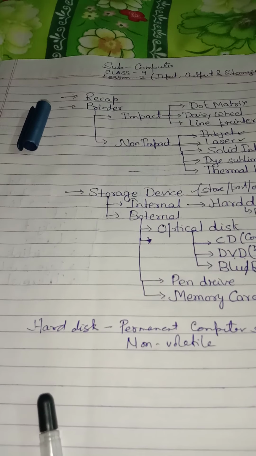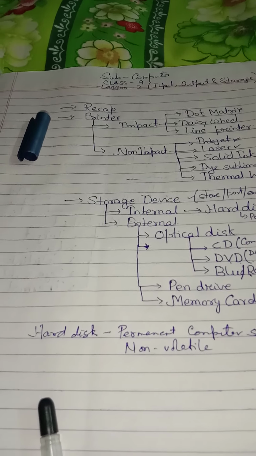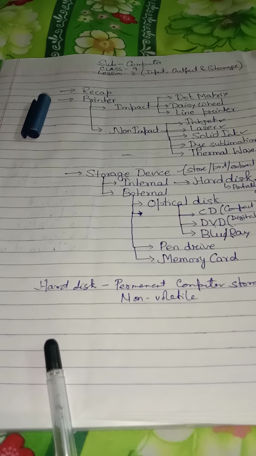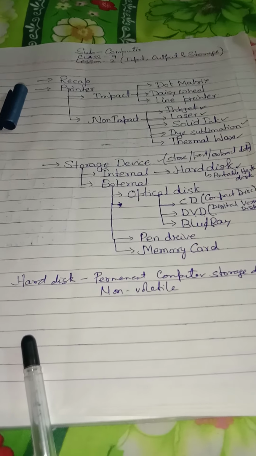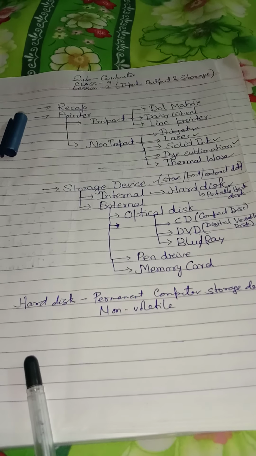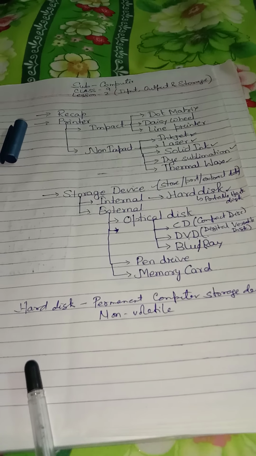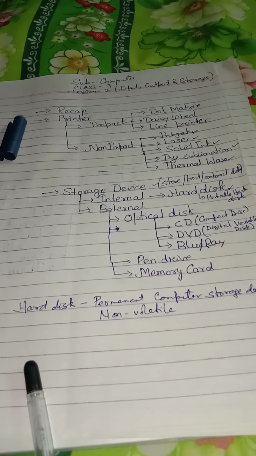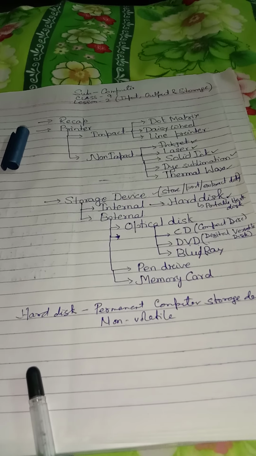The data can be lost from the hard disk only if the hard drive breaks or it becomes corrupt. Whatever data has been stored in the hard disk will be lost only if the hard disk breaks or becomes corrupt. There are two types of hard disk: one, the internal hard disk that is fixed inside the computer system, and the second, the portable hard disk. The portable hard disk is also used nowadays to transfer data from one place to another.